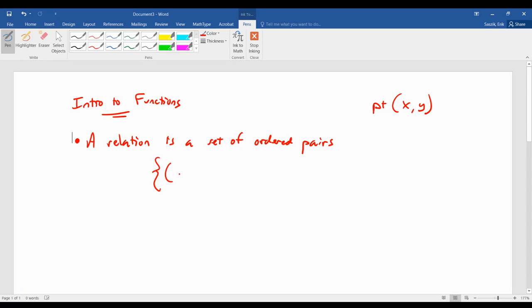So for example, we could have 2 comma 3, that's 1 point, -5 comma 8, and 6 comma 10. So that is just a set, that's a set of ordered pairs. These are 3 points, 2 comma 3, -5 comma 8, 6 comma 10. All right. And this is what we call set notation. Now, sometimes you will also see table notation,